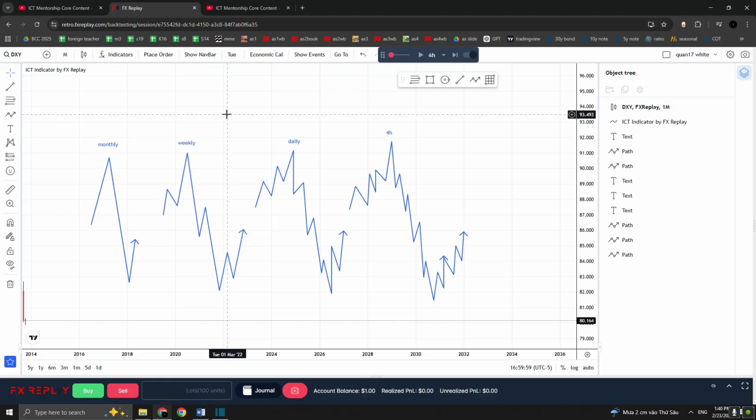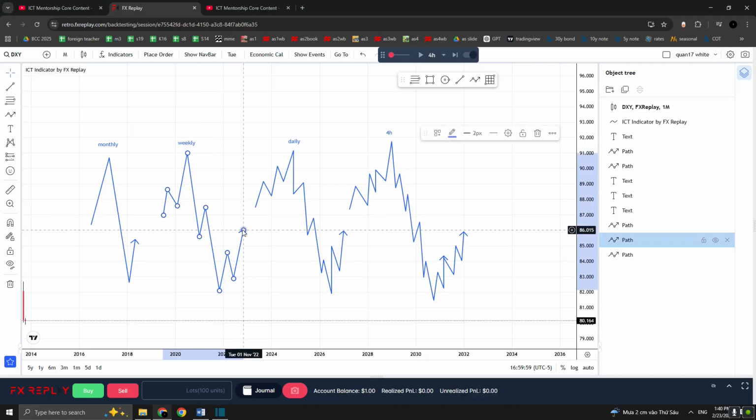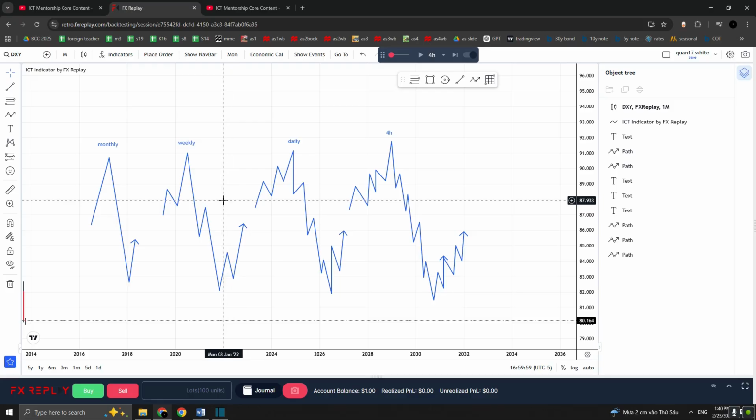I'm not going to say 100%. We will have to wait for price to indicate that it wants to go lower, displacement or something like that, a break of structure to go back to discount. But that shift, the bearish break of structure, happens often at the premium level in terms of the monthly and or weekly chart. So if we catch the weekly swing here, the weekly chart will likely come back